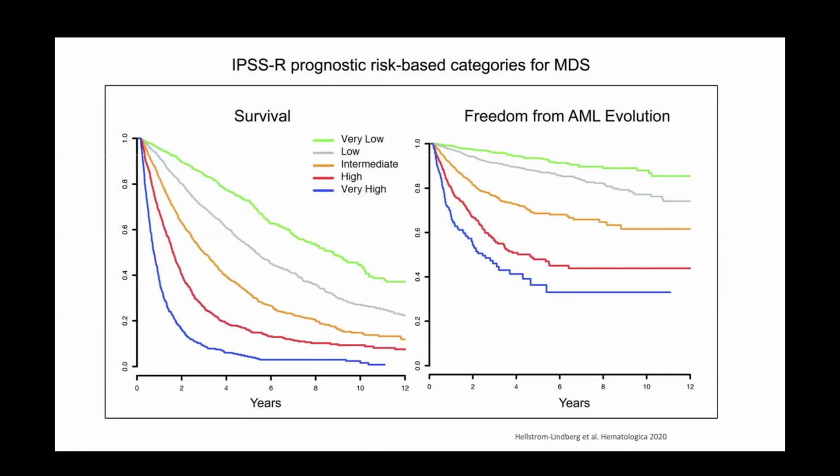Now, IPSS-R, which is our historical test that has been used for several years now, uses those groups that I was talking about. And this shows that that test is really good at telling us how someone is going to do based on all of that information. So the way I look at these tests, if someone's not very good at the graphs, is the more scooped out it is, that means more people are dying earlier. So the blue line, pretty scooped out, right?